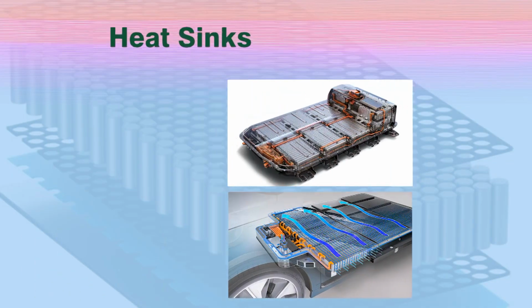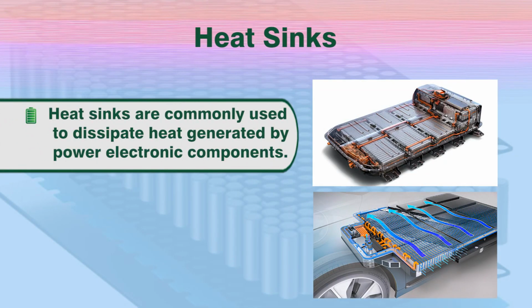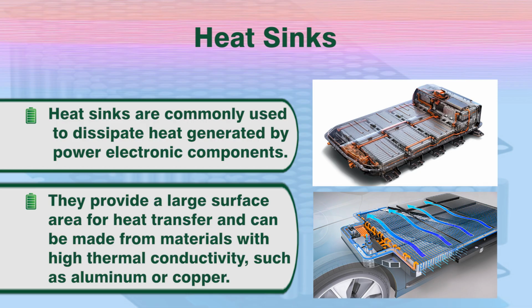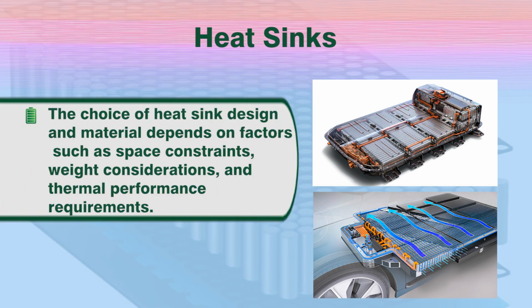The major part in power electronic converters is to maintain thermal management effectively for improving reliability and performance. The first and most commonly used thermal management system in power electronics is the heat sink. Heat sinks are commonly used to dissipate heat generated by power electronic components. They provide a large surface area for heat transfer and can be made from materials with high thermal conductivity such as aluminum or copper. The choice of heat sink design and material depends on factors such as space constraints, weight